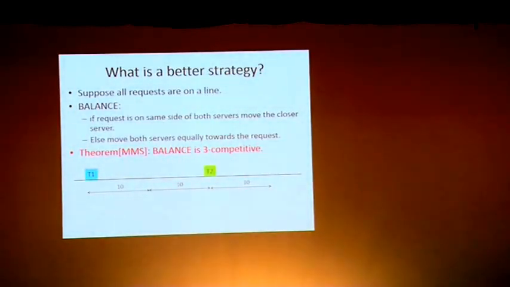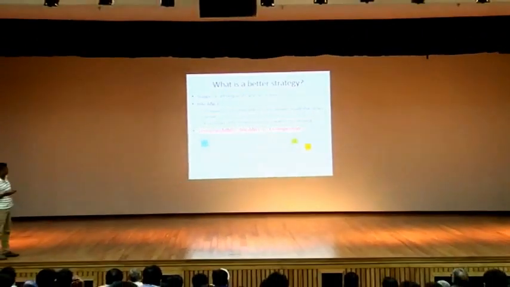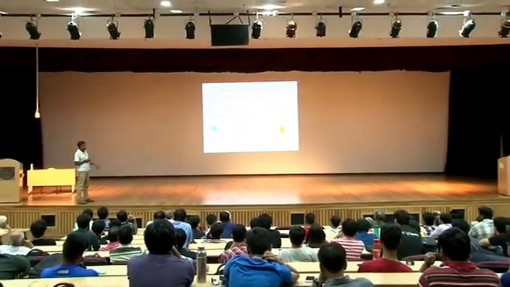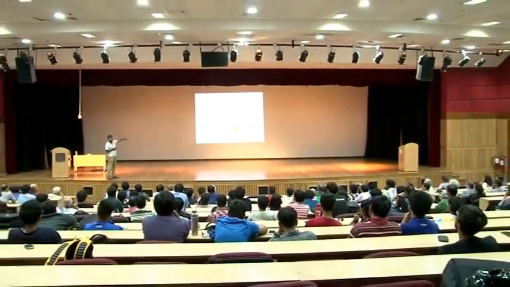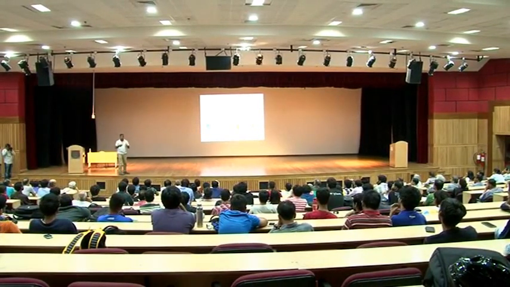And let's just see how it performs on the previous example of ours. So team 1, team 2, same starting position. Now to remind you, the first request is going to arrive at the very end. What does the algorithm do? When it arrives at the same side of both the teams, it is going to move the closer team to the request. So T2 will move to R. Now the next request is going to come in the middle there. What happens now? Both the teams are going to move 10 units towards the request.